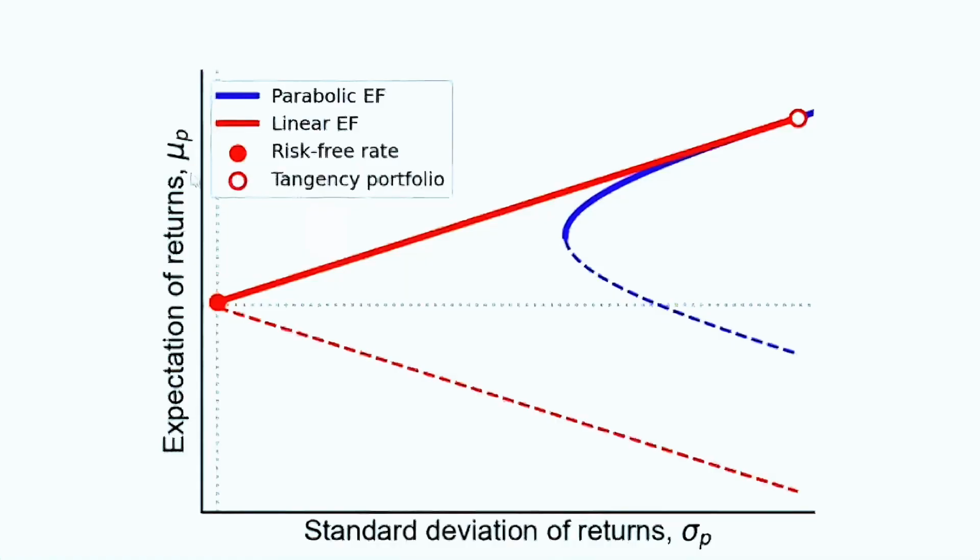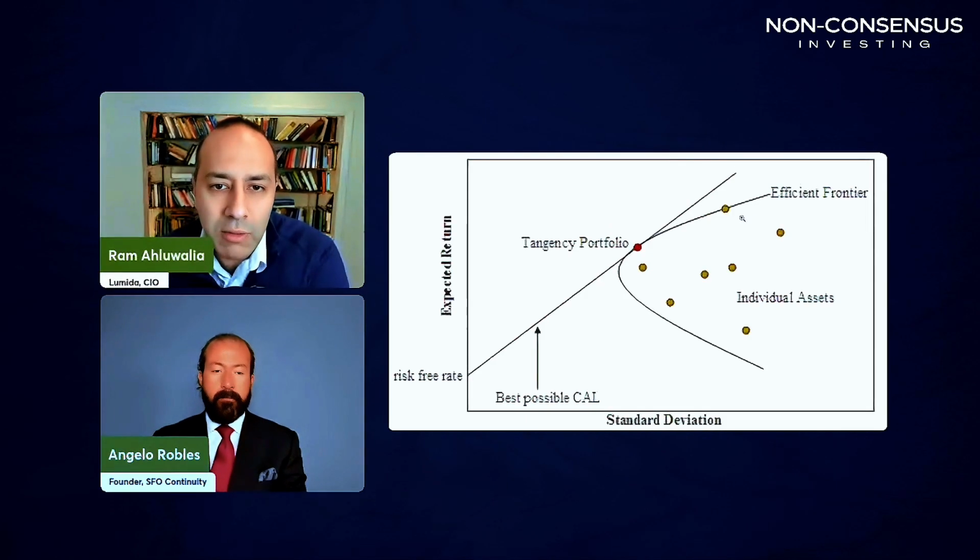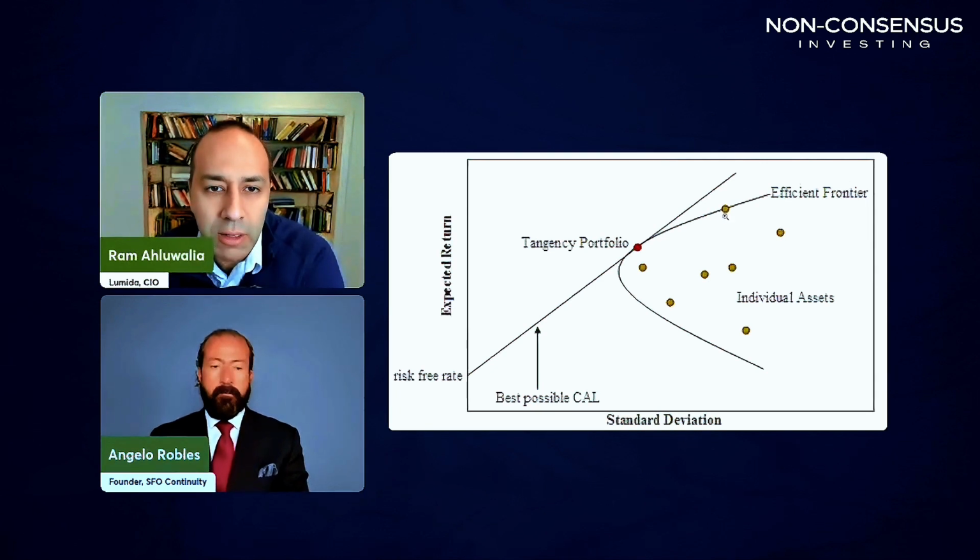What this shows on the y-axis is the return of an asset, and the right-hand side shows the risk or the volatility of an asset. Most investors, those who seek to maximize total return, are finding an asset that is high return, but also has high risk. It's somewhere on the higher end of this blue line right here. Investor A is trying to find this asset. You see that dot on the efficient frontier. It's got high return, but also has high volatility.